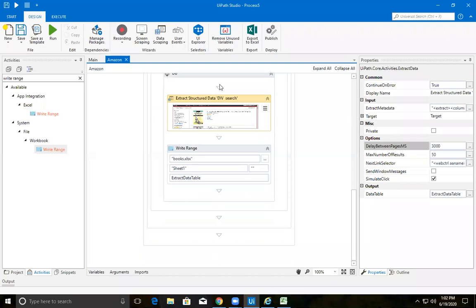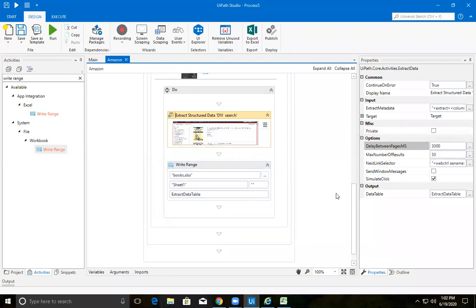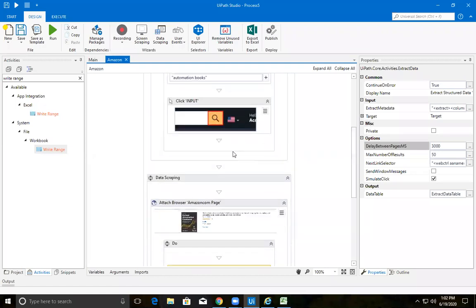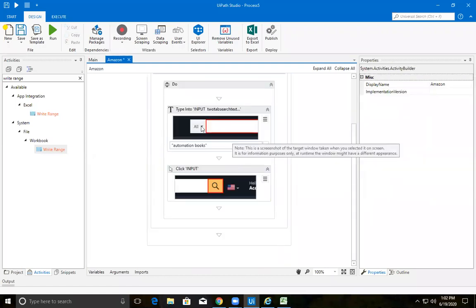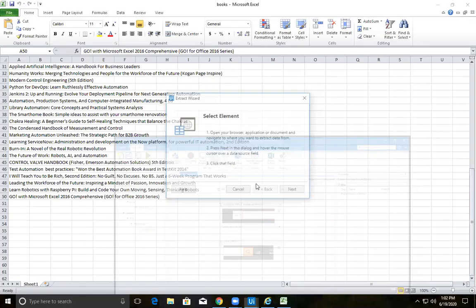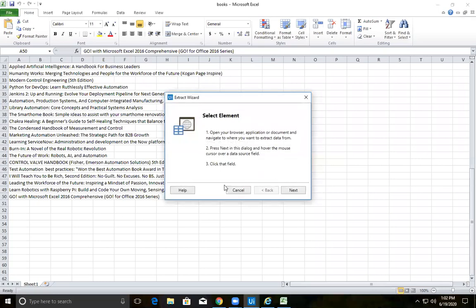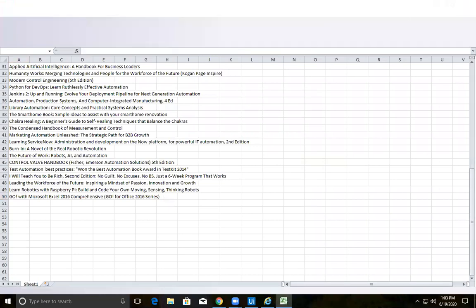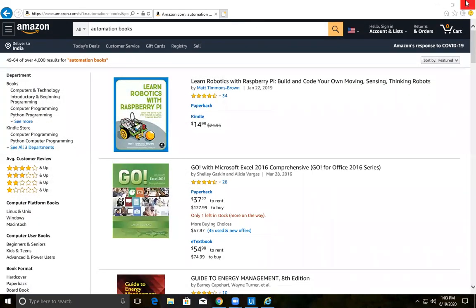In this extract only, I want to tell you something. Let's do this extraction again. Okay. Let me delete this again, and I want to show you another thing. Let me close this Excel.